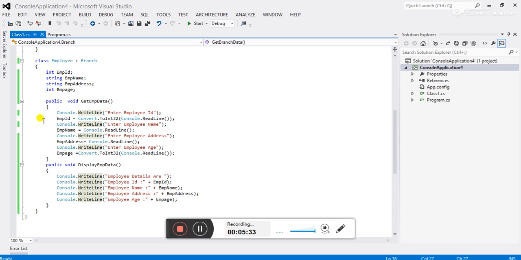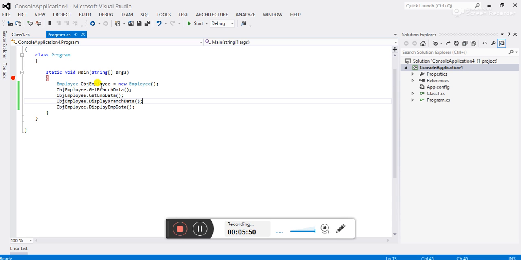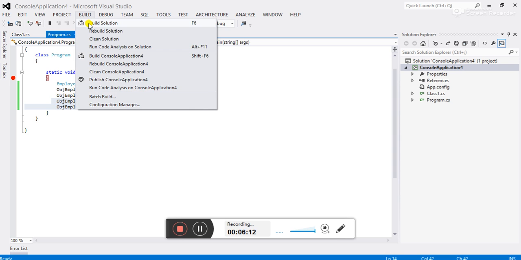You can see, to read the input we have declared the get employee data function, and to display the employee data on the console screen we have declared the display employee data function. I have already created the object of the employee class. To get the input from the user, we are declaring the branch data and employee data functions, and to display the computerized branch data and employee data on screen we are declaring these two functions. So let's build the solution.